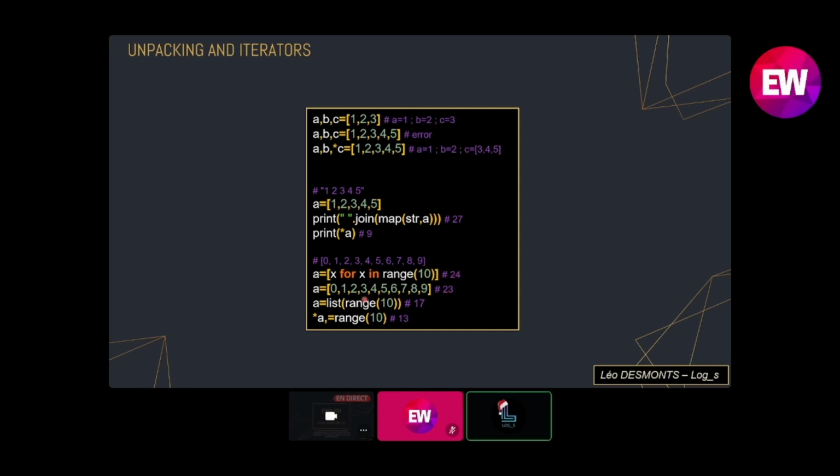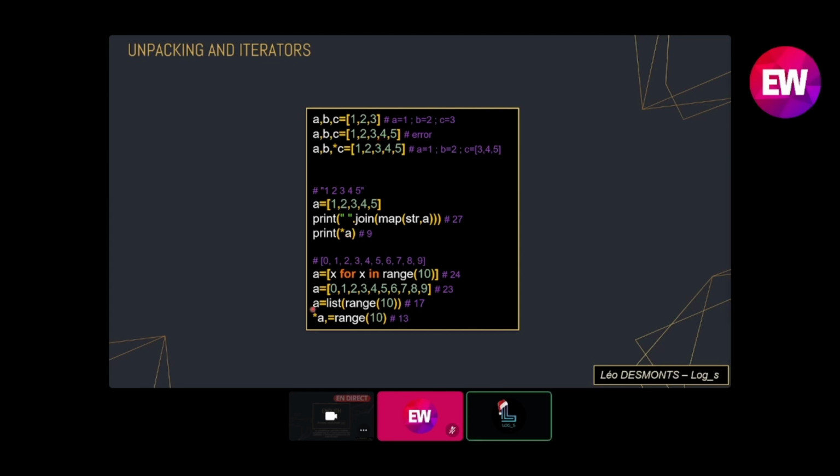You could also use a range function that outputs an iterator and transform it to a list using the list method that will take any object and try to transform it to a regular Python list. Or you could use unpacking, like here. This one's a little bit tricky because you need to use that little comma, because unpacking will only work to unpack an iterator to a tuple.